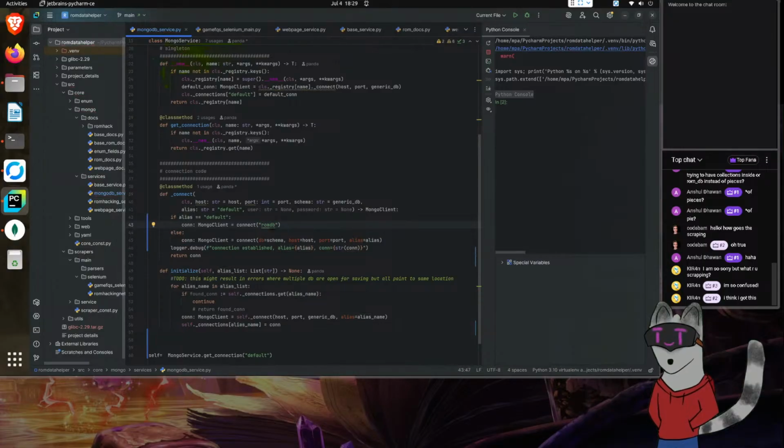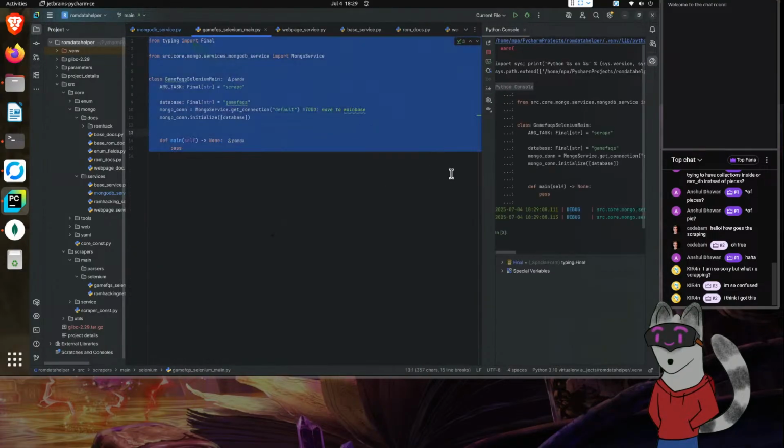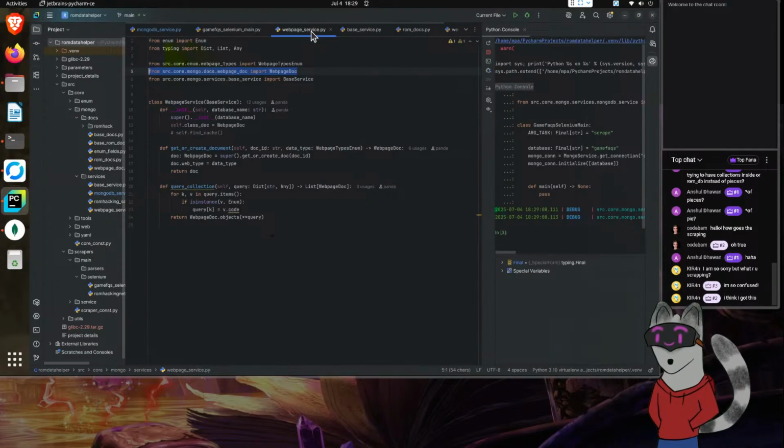We're going to auto connect to Rom DB. There we go, initialized. We've connected to our database. We connected to defaults, which should be RomDB now. So now if I go to,